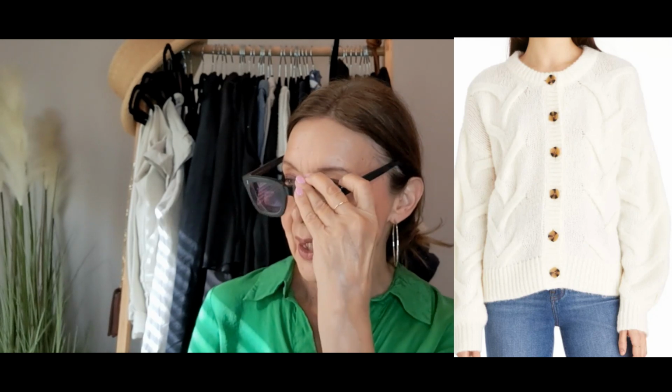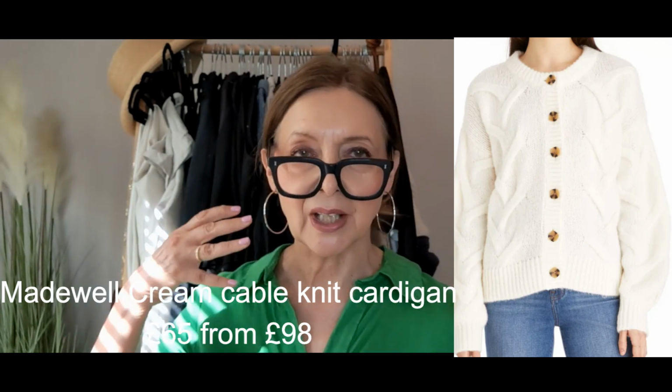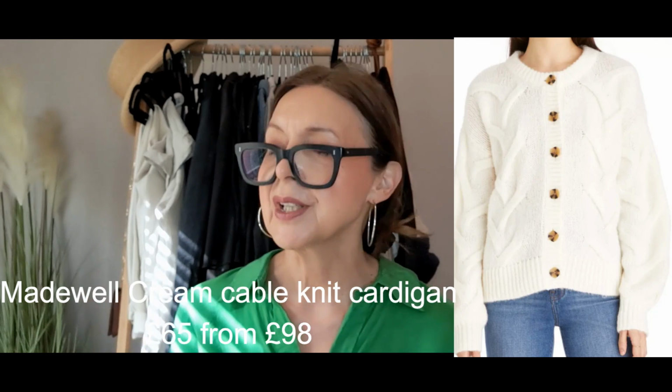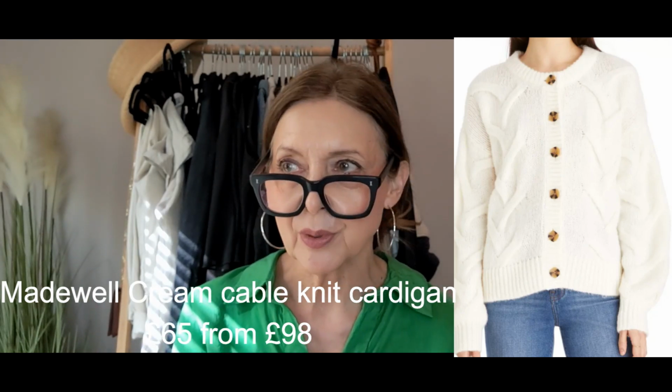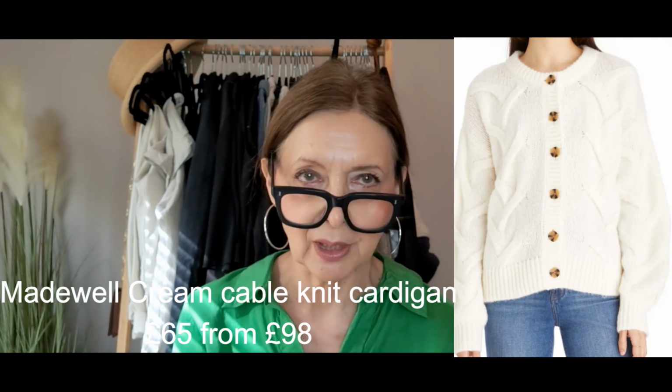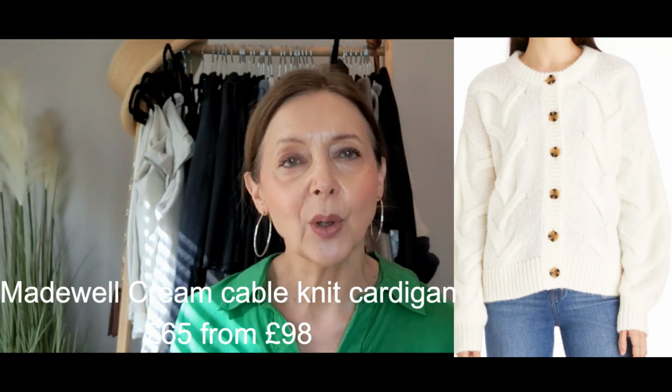Now, it says that it's knitted from a soft fuzzy wool blend in a chunky stitch, and it's a kind of, as they say, a twist on a fisherman's cardigan, and it's got that cable detailing, which I really like. And it says it's 23.5 inches in length for the medium size. It's got a crew neck. It's long sleeved. Now, this is 55% acrylic, 23% wool and 22% polyamide, which again, I quite like